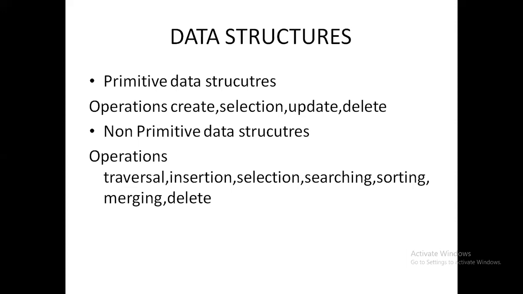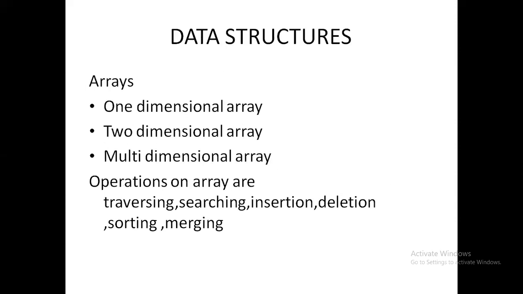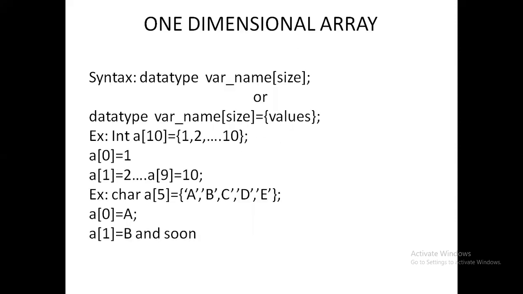Or what do you mean by primitive data types? What are the operations? I think all of you know. Arrays also were discussed, but one-dimensional and two-dimensional arrays, I think, were discussed. Now we will be discussing the small point that was left behind, that is, the multi-dimensional array. First I will try to brush up what was told previously about one-dimensional arrays.